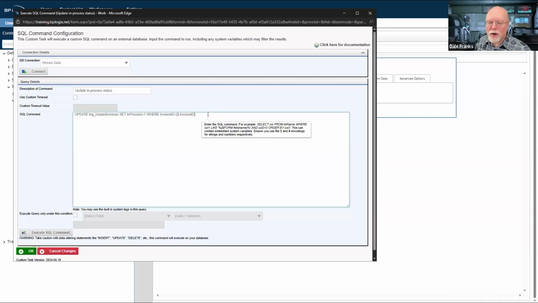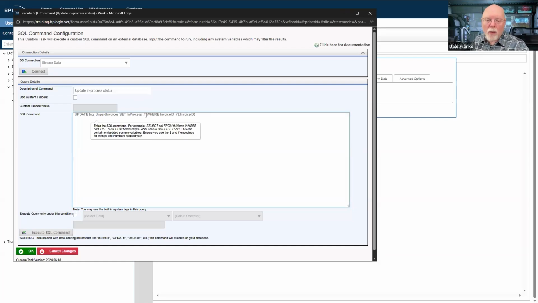As we talked about 2 weeks ago, that where clause is super important, and the invoice ID in this case is the single field that I need to specify the record that I want to update. So we're going to update the in process flag, and it's going to be the same every time. We're just setting the flag to 1. Originally the data was at 0. Now the flag is at 1.